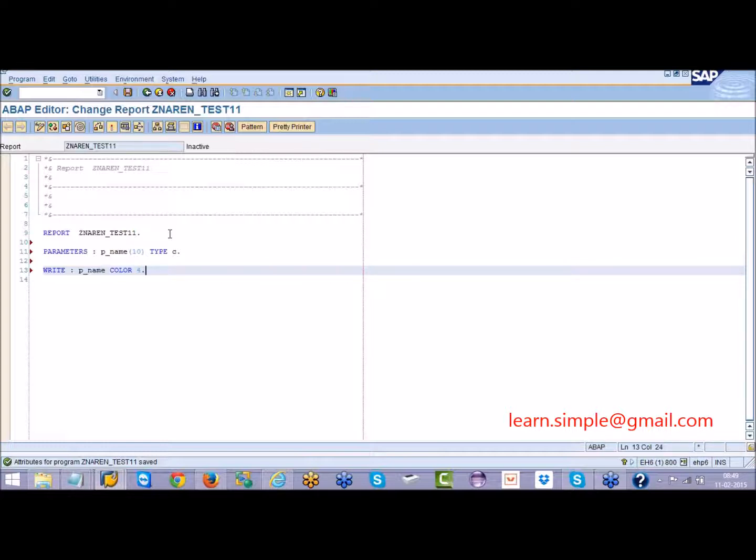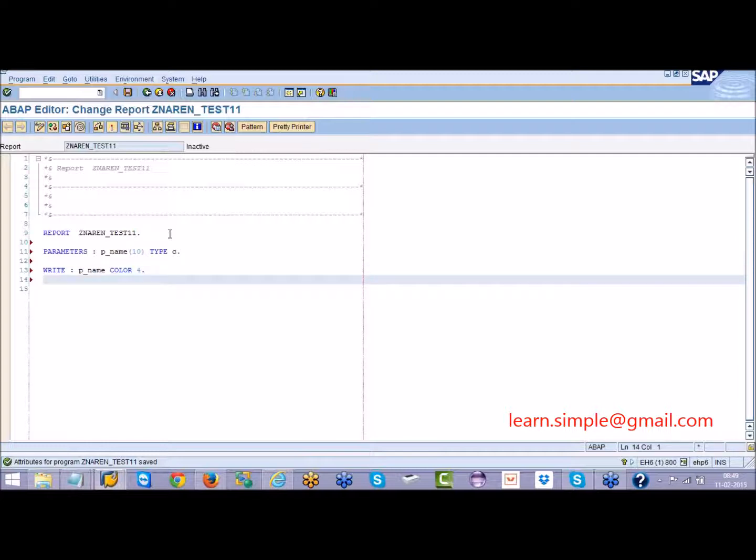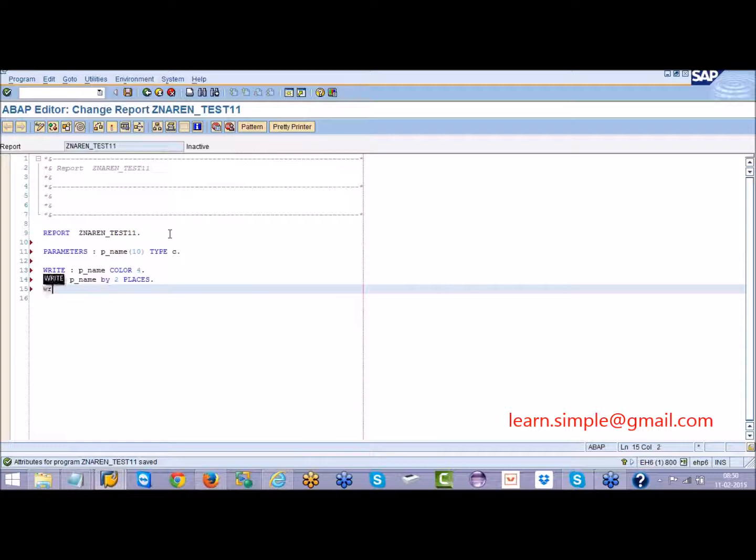I told you, like 1 to 7, any number we can give in the background. Then I will say shift P underscore name by 2 places. Then I will say write once again the same variable P underscore name.